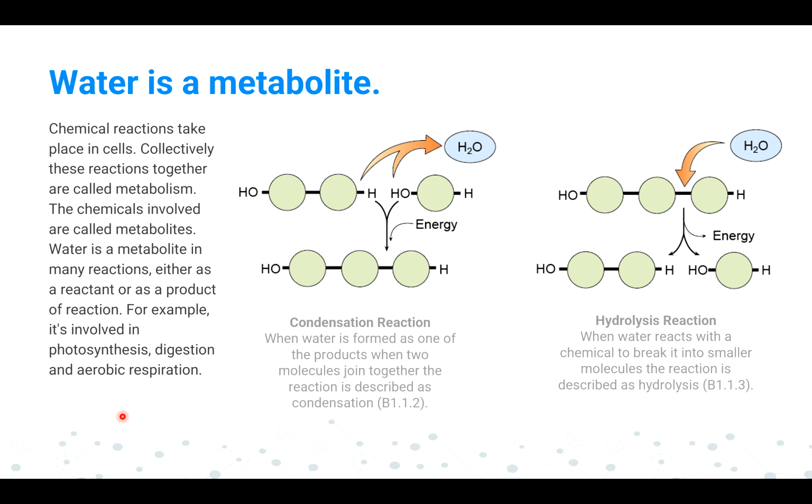right? So take an example, like in this diagram I can say we are combining something, so it's a condensation reaction going on. Whenever you combine, of course a water molecule is going to be released. So water is released here in the form of a product, right? Now in this section you can see in the hydrolysis reaction, water is reacting. That means water is acting as a reactant. So water is acting as an important metabolite in metabolic reactions, where it helps in either condensation reaction or in hydrolysis reaction, right?